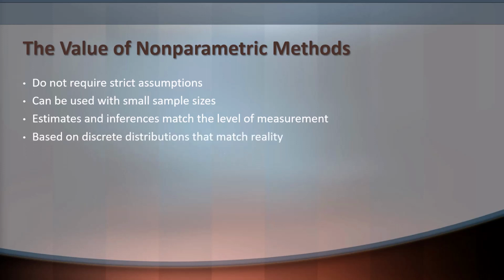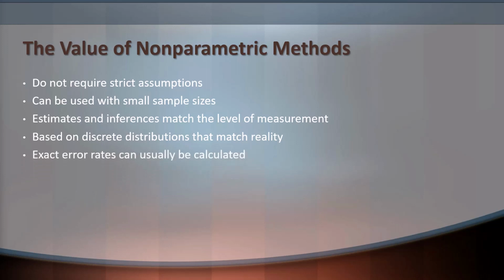Anytime we work with data, we are actually working with discrete values. Even when we consider the underlying construct as continuous, the reality is we do not measure that in a continuous form, but rather in a discrete form. Thus, the actual distributions we're working with are discrete distributions, not continuous. When we use parametric methods, we're often using continuous distributions as models for what in reality are discrete distributions. With nonparametric methods, we use the discrete distributions. Thus, we are matching the reality.